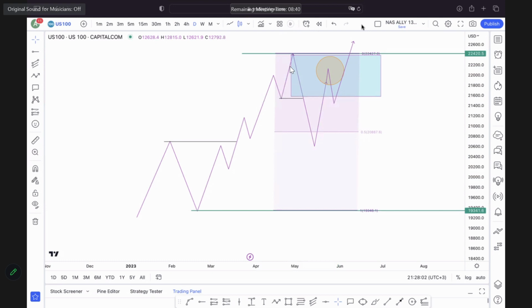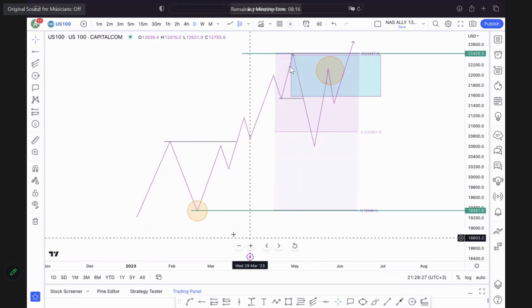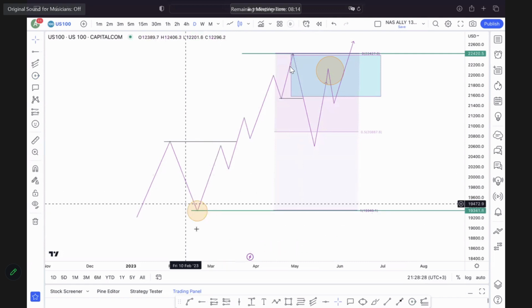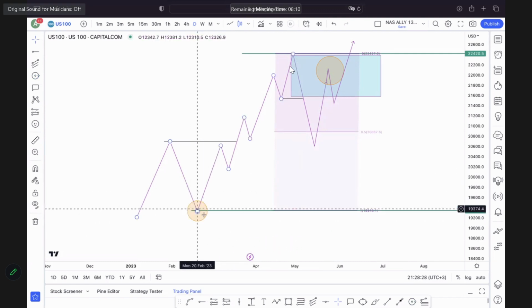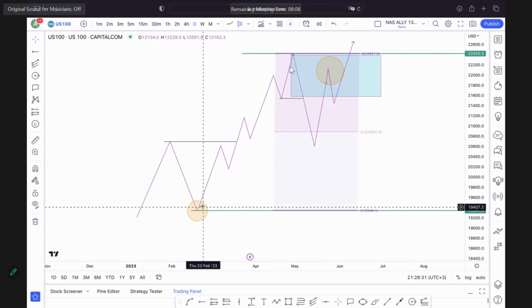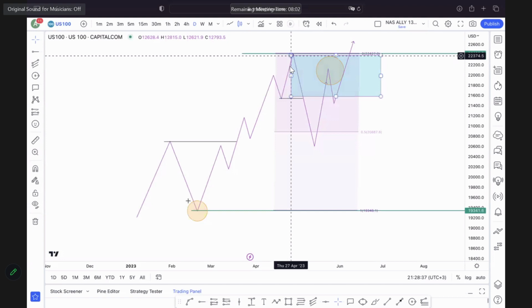Okay. So how do we not get caught out by this? You ask yourself the question that I'm telling you now. Did this change of character just bring discount of my bigger range? Or did this change of character actually take out a significant low? Which one is significant? This one. That's the significant low. That's the important low. If the market takes out that low, the one that started the movement of this break of structure to the upside, then you can gladly look for sales.